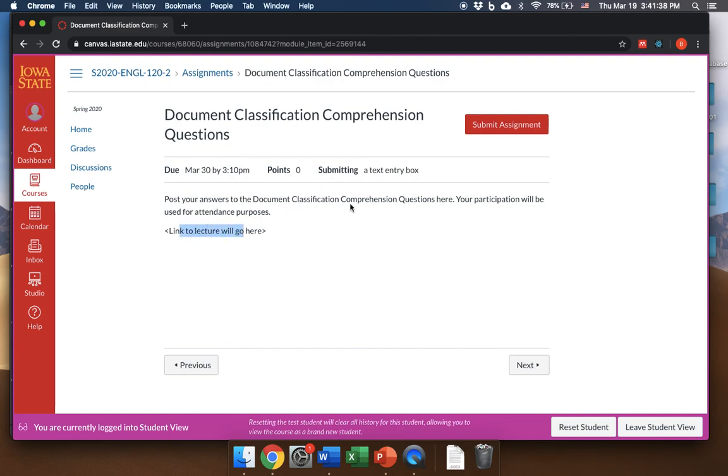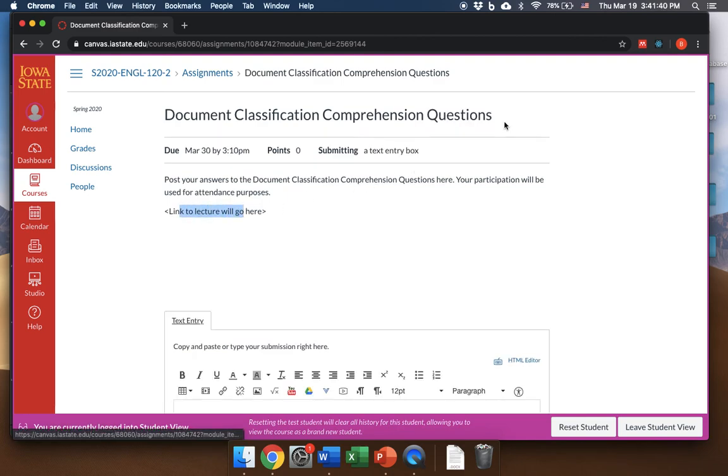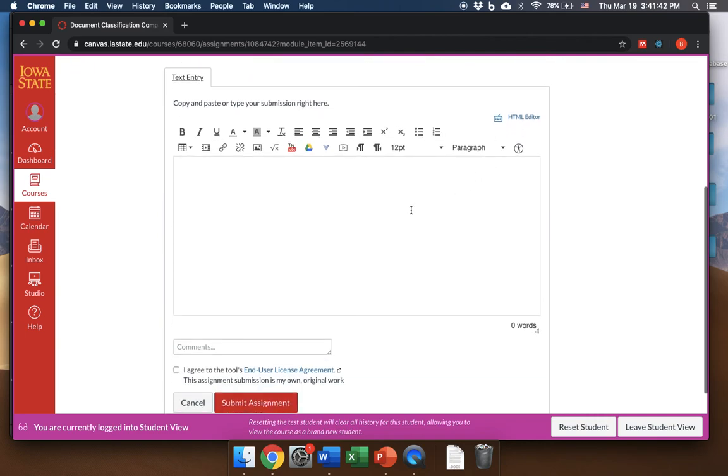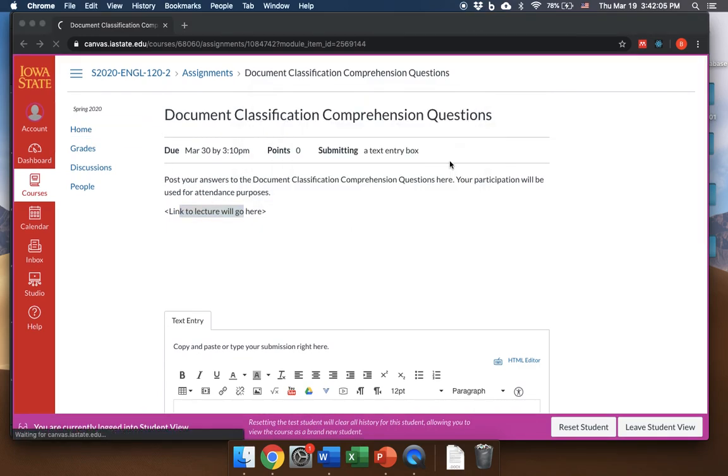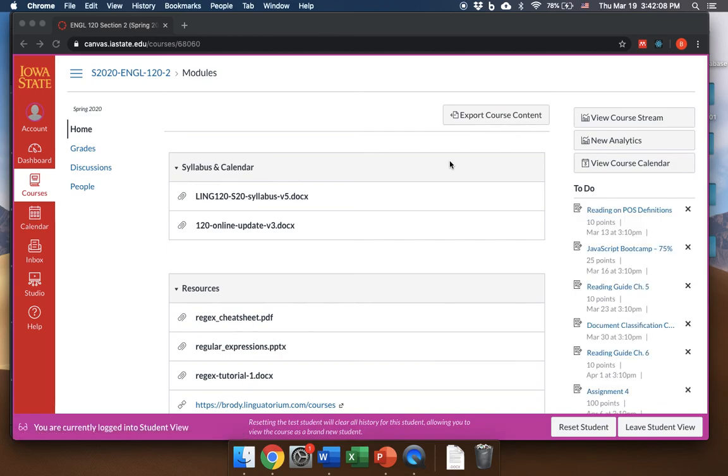So you'll watch the lecture, there'll be a link there. You'll click Submit Assignment, and then you will just put in your answers in plain text right here. So for example, if I had a set of 5 comprehension questions at the end of Monday's PowerPoint, whatever it is, Monday the 23rd maybe, then you'll just put your 5 answers right here. Pretty simple. So you'll have the lectures like that you'll need to answer some comprehension questions for, and those will serve as your kind of attendance for the day. So those are required,